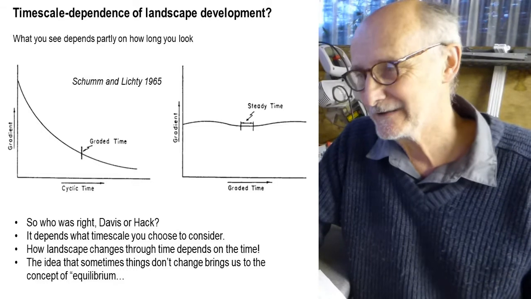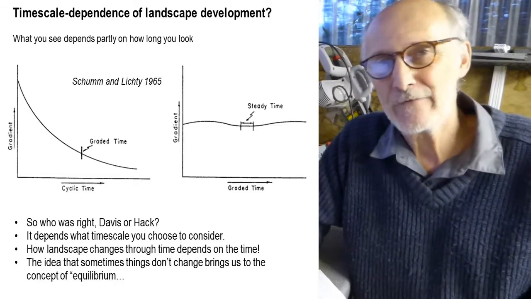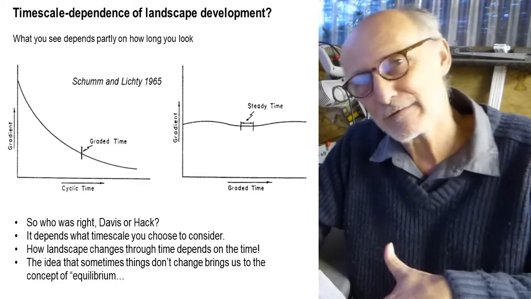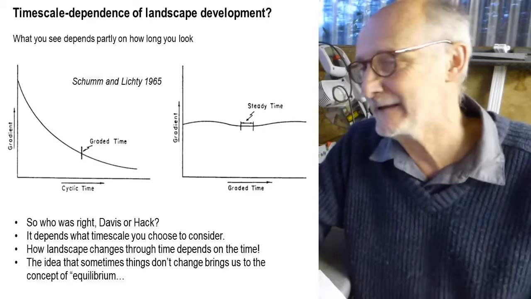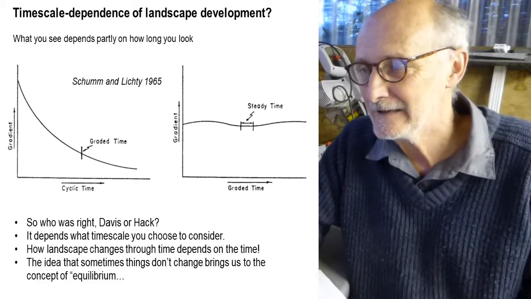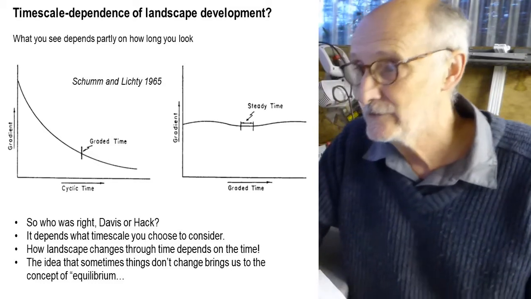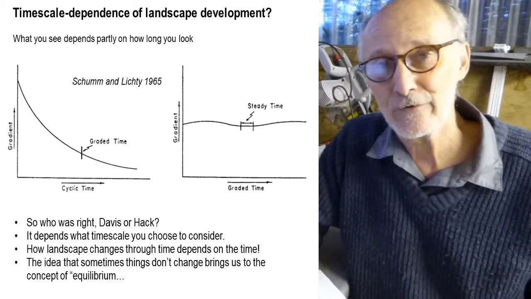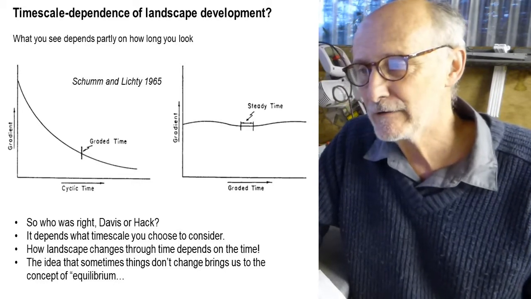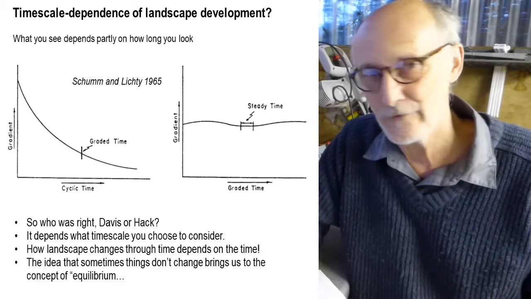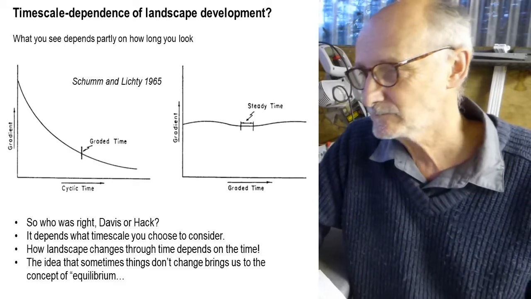And on that shorter time scale, we're seeing changes. Things are going up and down, the valley's getting a bit wider, a little bit narrower, the stream's getting a little bit steeper, a little bit less steep, you're getting some erosion, you're getting some deposition, a storm comes through and something else happens. So things are happening, but it's not clear on that right-hand graph that we're steadily decreasing in gradient over the course of time. It's going up a bit, down a bit, up a bit again. And so you're not seeing the same thing at that time scale, graded time, as you were seeing over the much longer cyclic time scale.